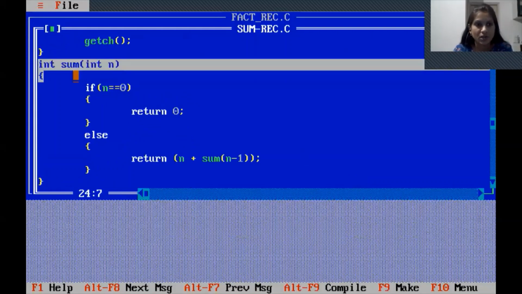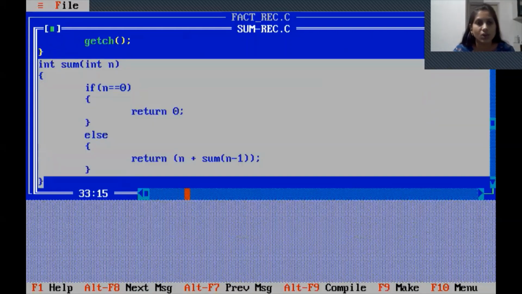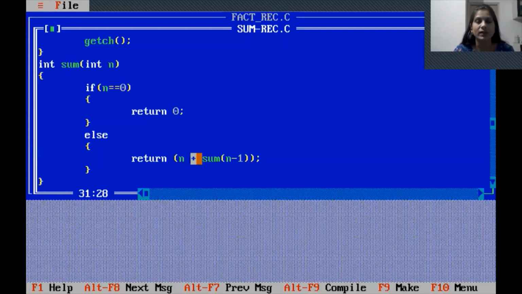Now what is the logic inside the sum function? It is the same as fact, with only two changes. When the number is 0, return 0, and instead of the multiplication sign, it is now plus. And the same function is called inside the sum function. Now we are making a call to the same function, sum. So this is the concept of recursion. Now what will be the output? Suppose n equals 4. Then the sum equals 10, that is 4 plus 3 plus 2 plus 1, total 10.